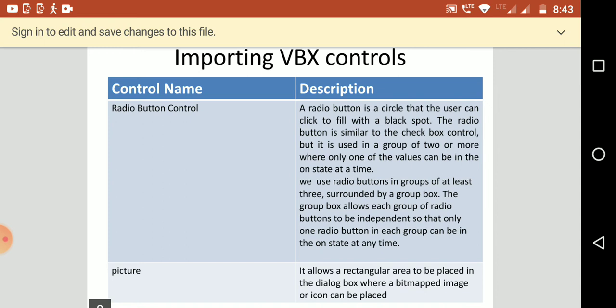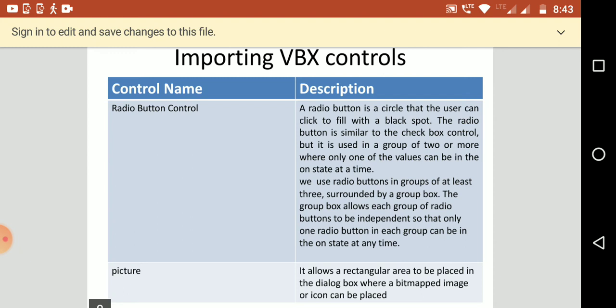Radio button control. A radio button is a circle that the user can click to fill with a black spot. The radio button is similar to the checkbox control, but it is used in a group of two or more where only one of the values can be in the on state at a time. We use radio buttons in a group of at least 3 surrounded by a group box.